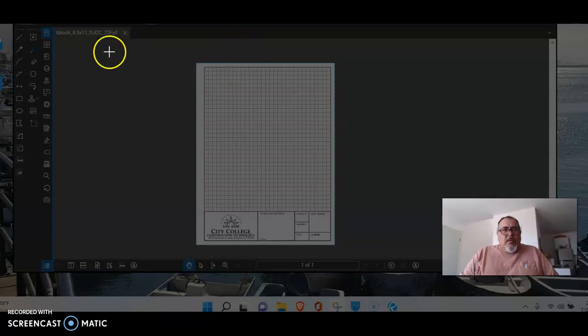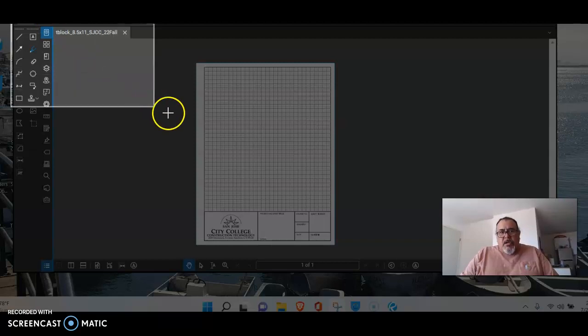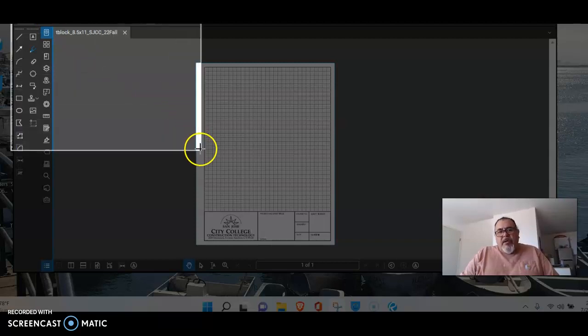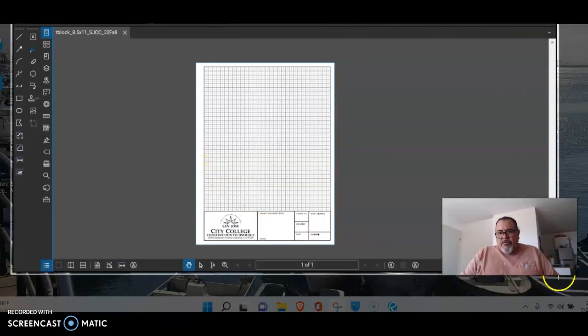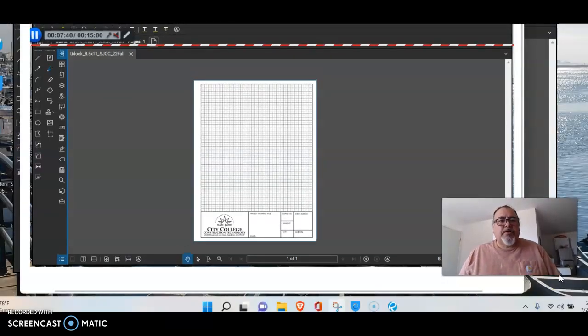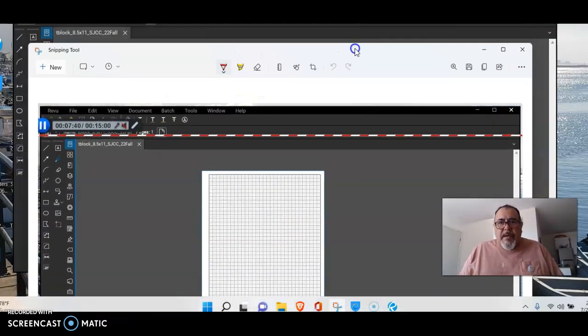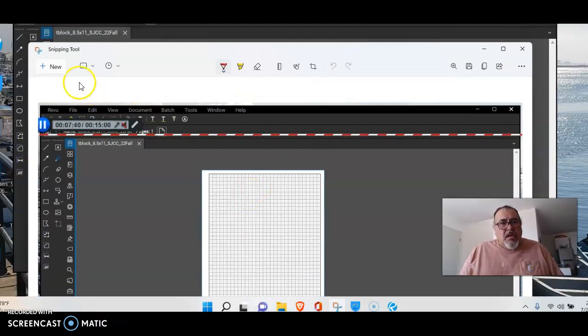So you just click and hold your left mouse button from one corner of the page, and it started out of the screen, but I just clicked a little bit out of the screen, but I was just trying to capture the full view of the Bluebeam. Boom, and it just took a picture. Okay, so as you can see, now there's a picture there, and I'll bring this back in. See, there's the snippet. And here's the tool. You can do stuff.